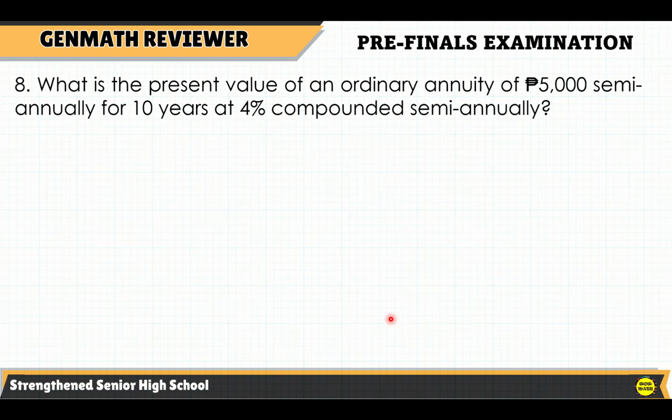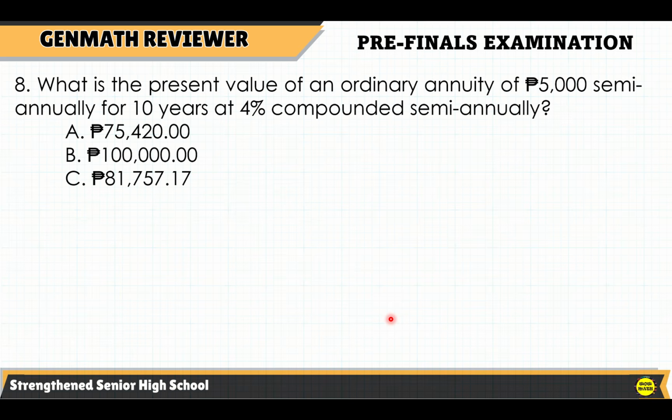Number 8. What is the present value of an ordinary annuity of 5,000 semi-annually for 10 years at 4% compounded semi-annually? Letter A, 75,420 pesos. B, 100,000 pesos. Letter C, 81,757 pesos and 17 centavos. Letter D, 85,000 pesos. So what is the correct answer? Okay, so you can use your